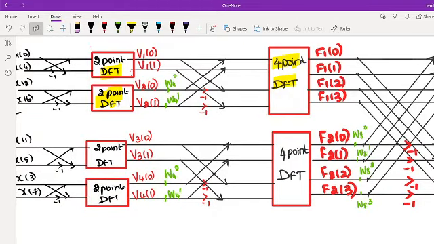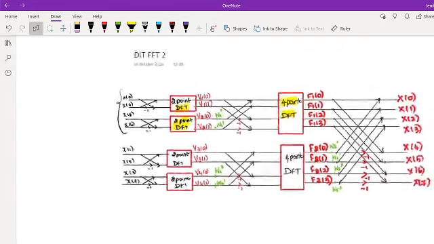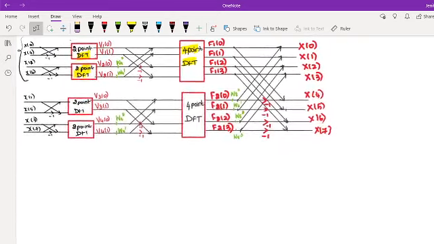So decimation means dividing. The 8 points are divided into a few smaller subsamples. For the radix 2 algorithm, it is divided into 2 points. For this DIT FFT algorithm, if you see the output, it is in normal order, right? So x of 0, 1, 2, 3, 4. But the input order is 0, 4, 2, 6, 1, 5, 3, 7. It is called bit reversed order. Why is it called bit reversed order? It is a bit reversed representation of the output.